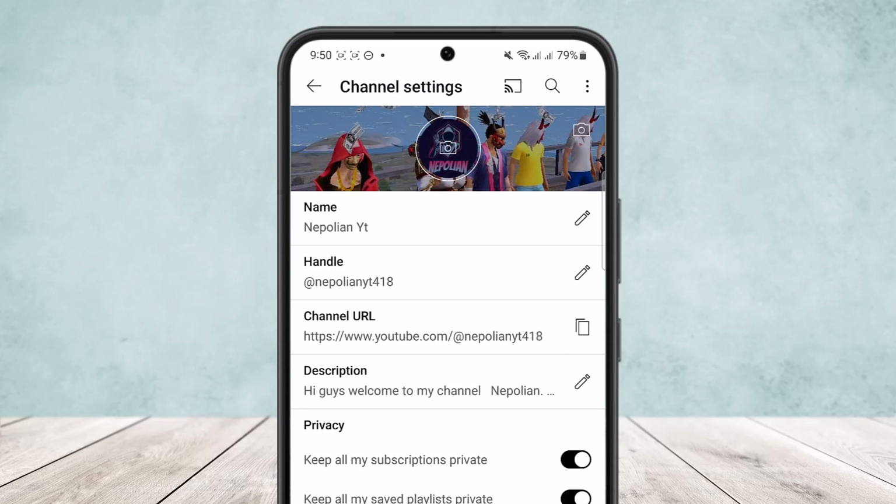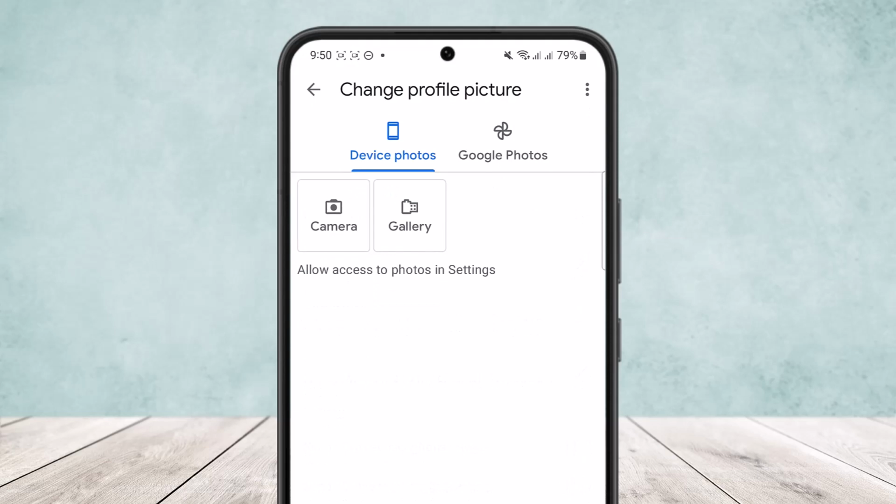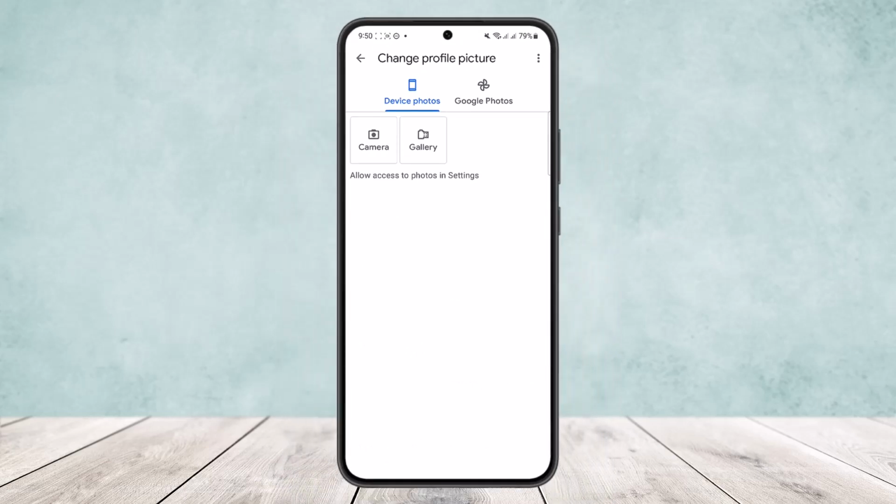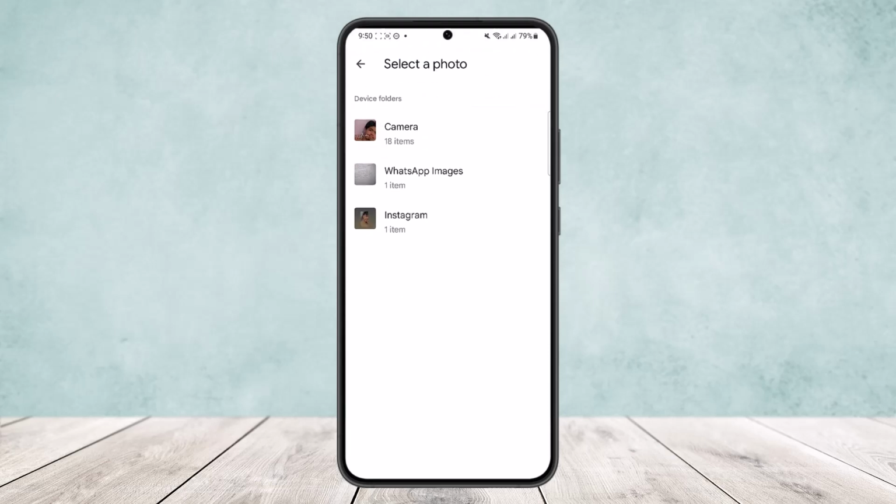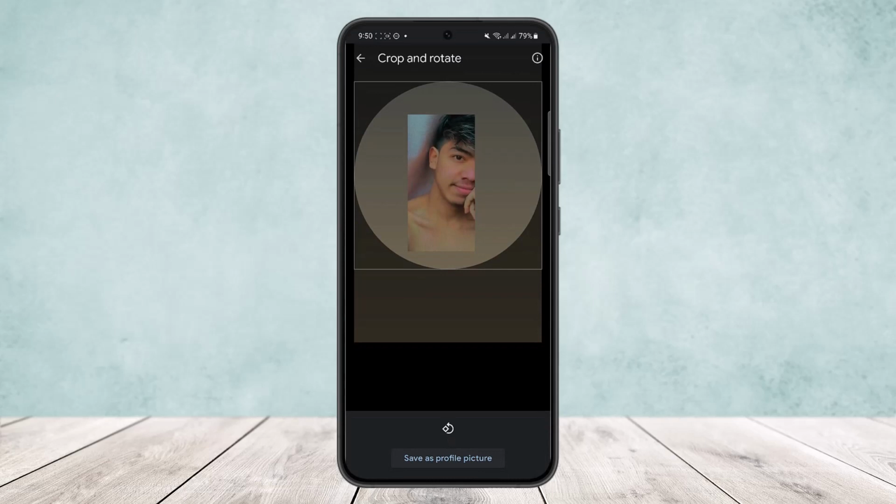Now to change a profile picture, as I said after the update, is quite easy. What you want to do is simply tap on the camera icon that you can see along with the profile. Simply tap on it and you'll be able to choose it from your gallery, or you'll be able to take a quick picture. Now I'll just choose it from my gallery here and head into Instagram and select a picture